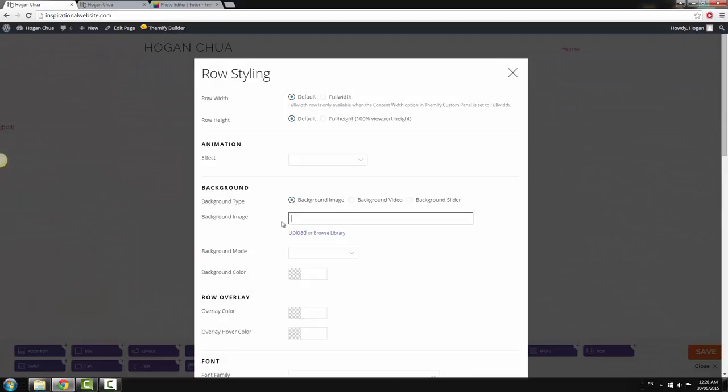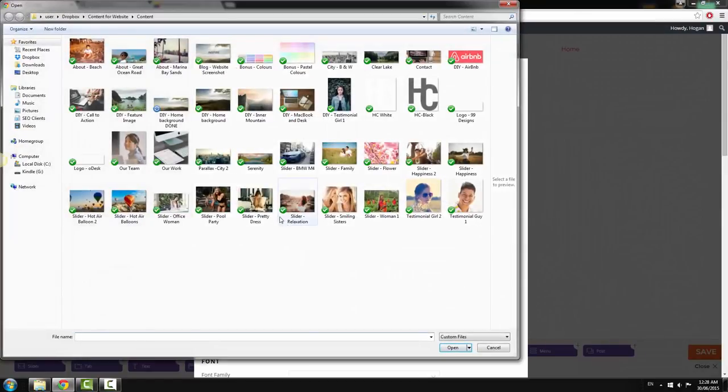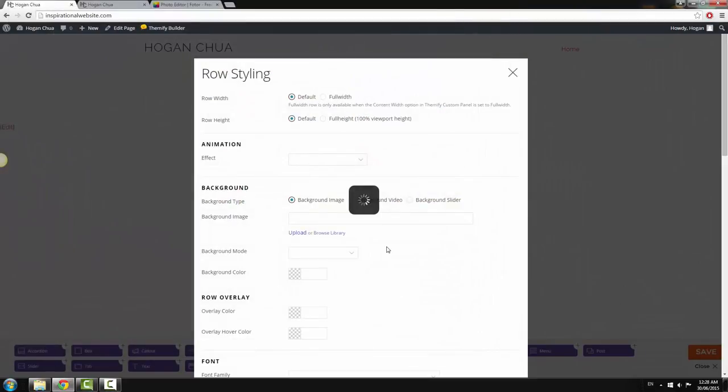And don't upload using this button, because if you upload using this button, it'll automatically resize. So I'll show you what I mean by that. So when I click on open, and when you see the image file here, it's automatically changed the sizes. So it shrunk it to about 1000 pixels in width and 400 in height. So the quality is going to be really bad. So I'm going to